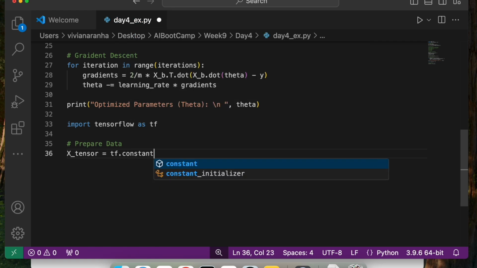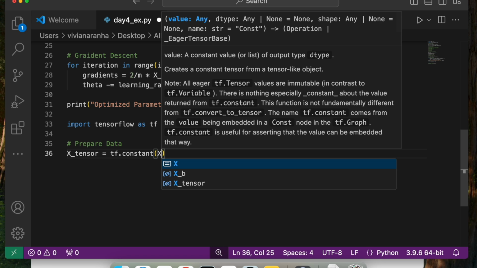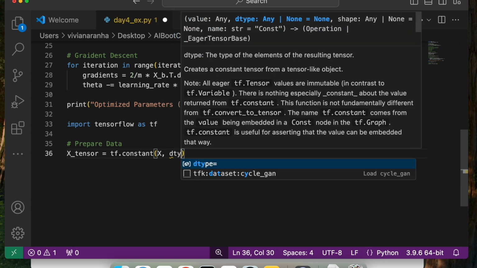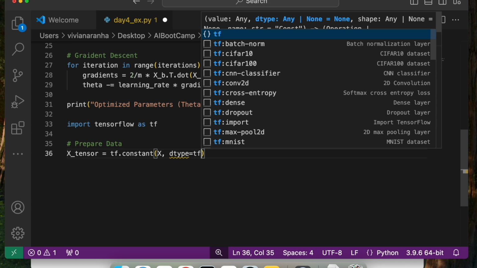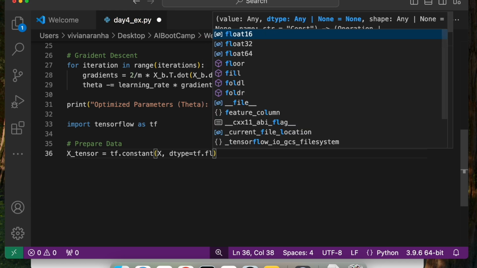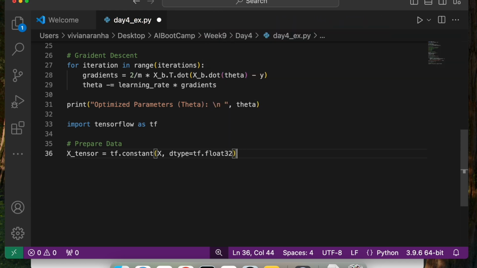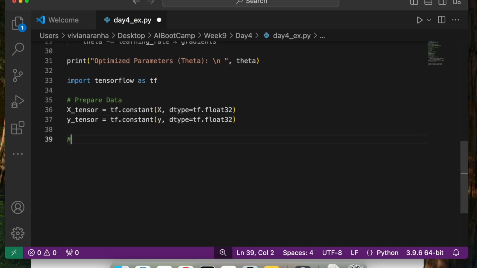That's my TensorFlow function, and it needs x, and I'll say dtype equal to tf.float32. It needs to be in float32 format. Next, y_tensor equals tf.constant of y, dtype tf.float32. Perfect.